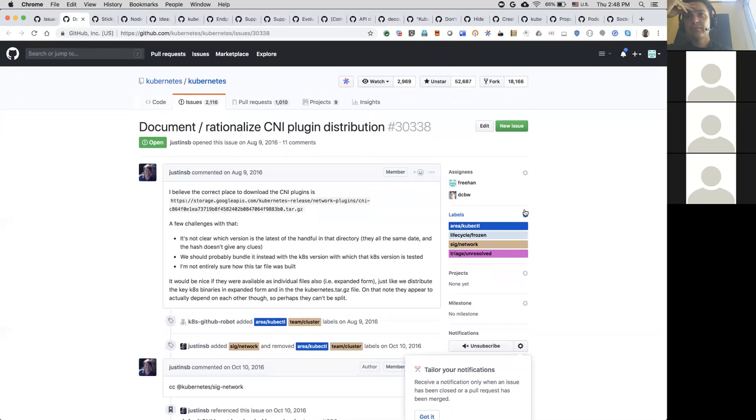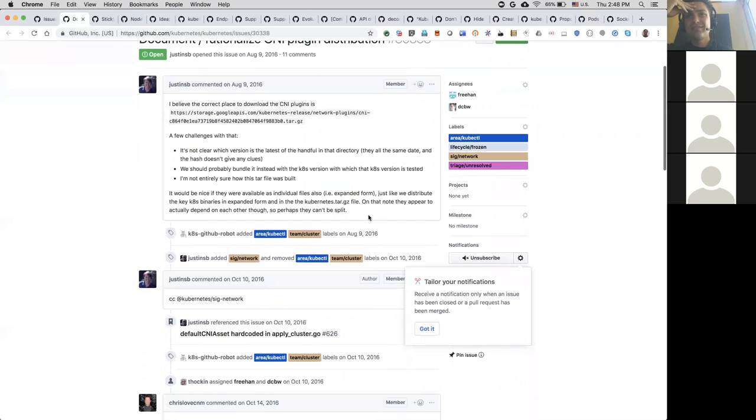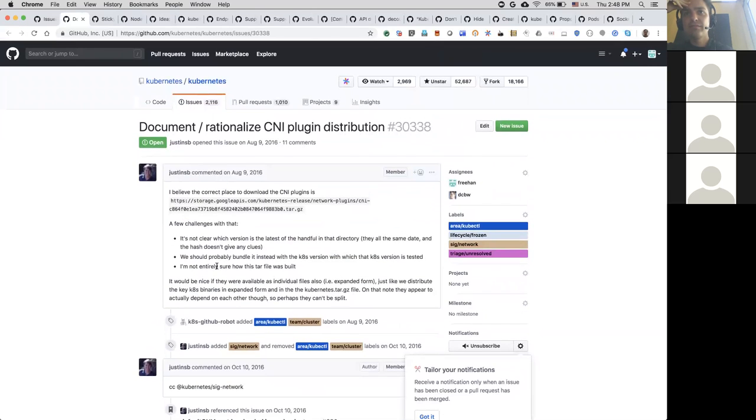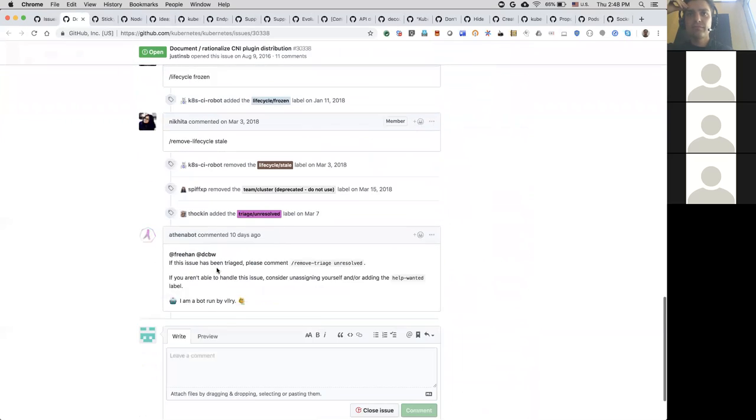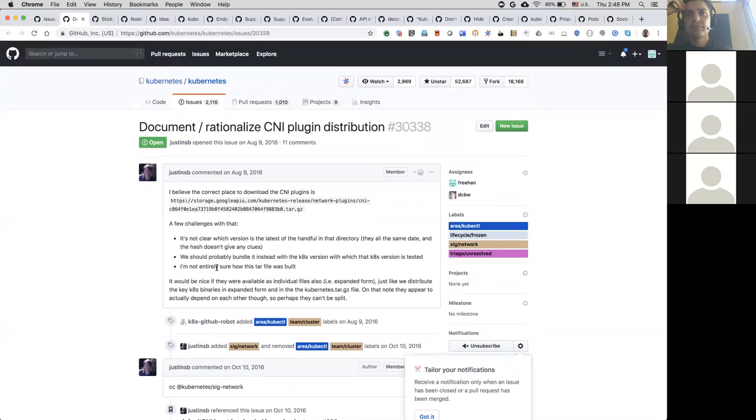Can someone back me up? That sounds familiar. I think we moved it to use the CNI. It's definitely not at Kubernetes release anymore. Yeah, I'm fairly certain of that. Hey, we had a discussion around this a couple months ago for that port map security thing, and I don't think it really got fixed.